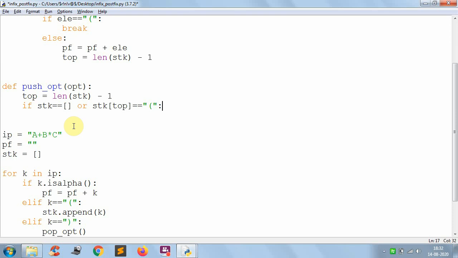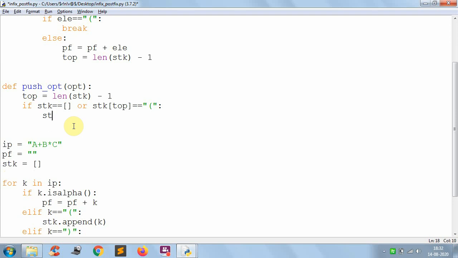So already we know that initially if the stack is empty and the input is an operator, simply push it into the stack, or else if the topmost element in the stack is a left parenthesis, simply push it into the stack. There is no other logic, simply write stack dot append of opt. It's over.